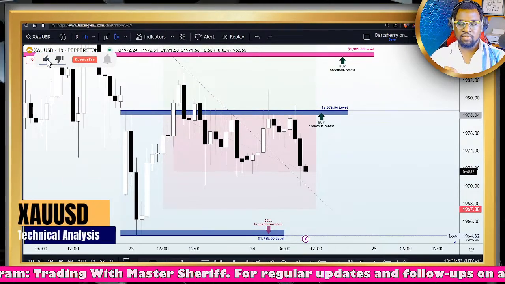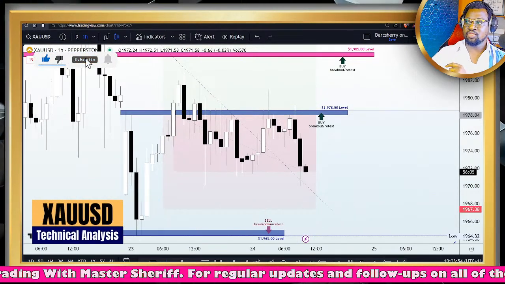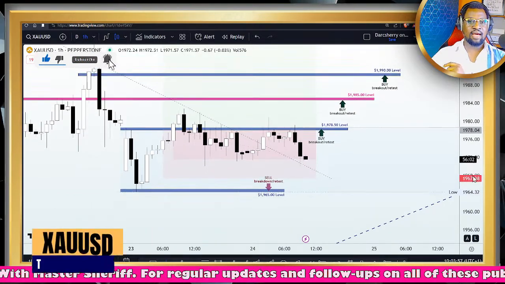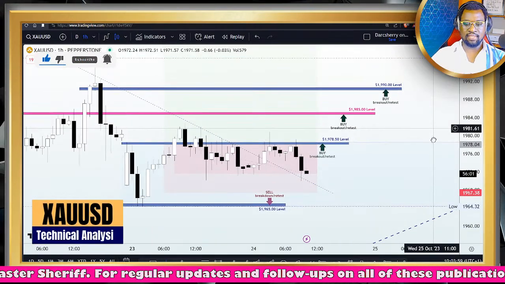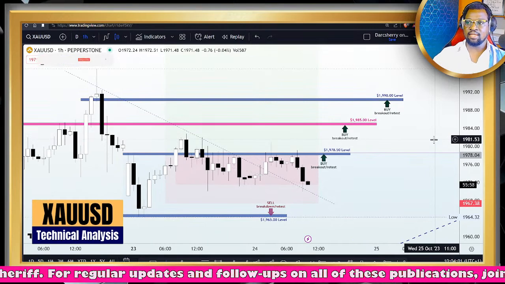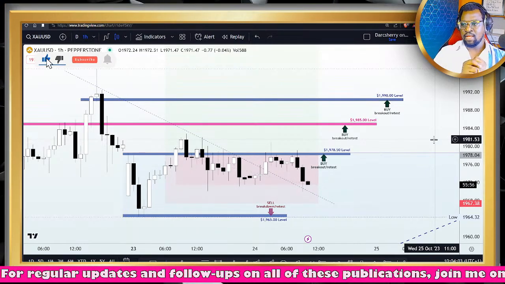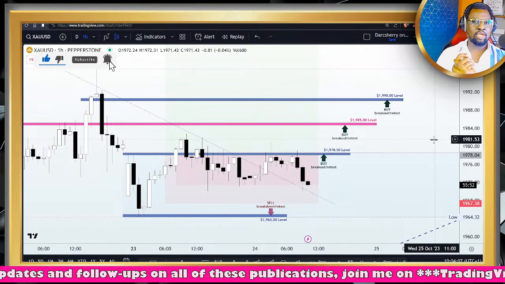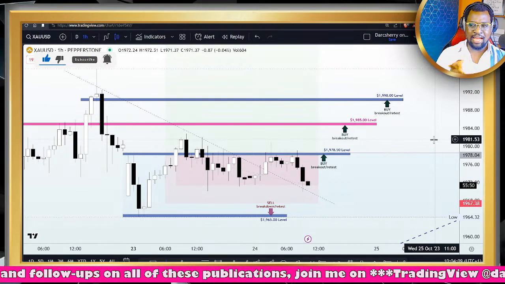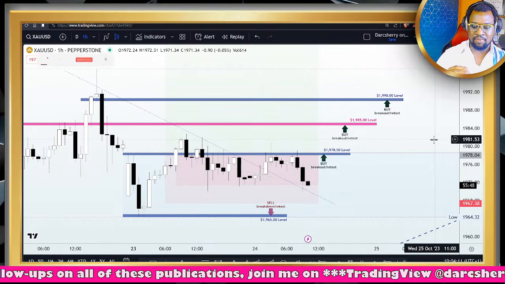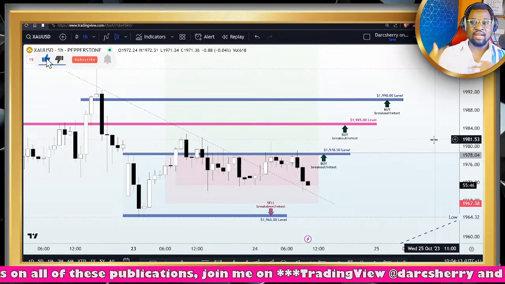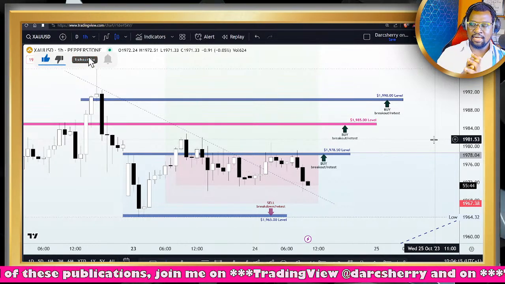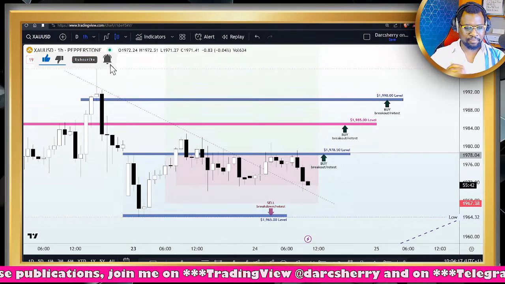All right. So the next asset on our watch list right now is my favorite, and that is the XAUUSD, which is popularly known as the gold spot. Now, on the gold spot, in fact, we've been in the loss for quite a long time now, since the beginning of the week, despite the fact that price still remains above our demand zone.